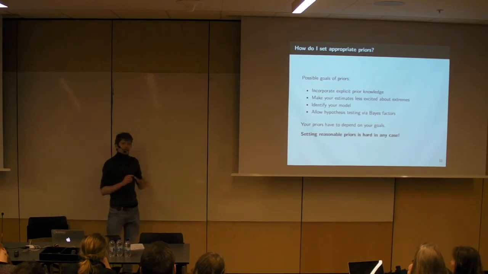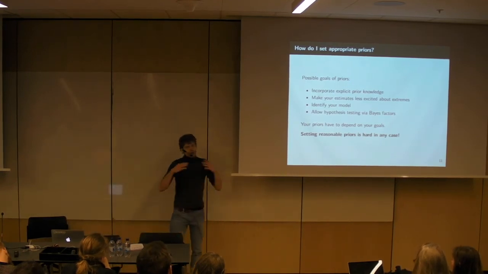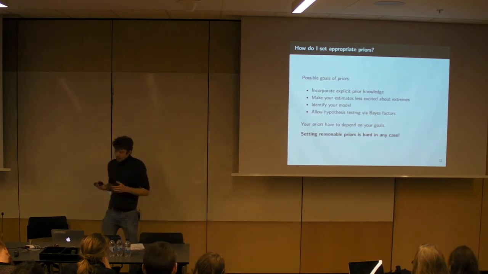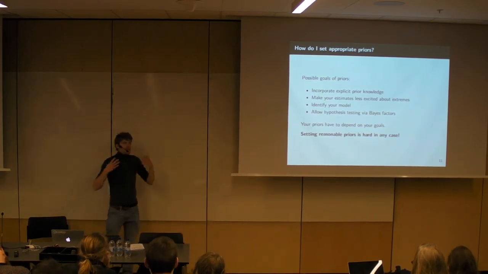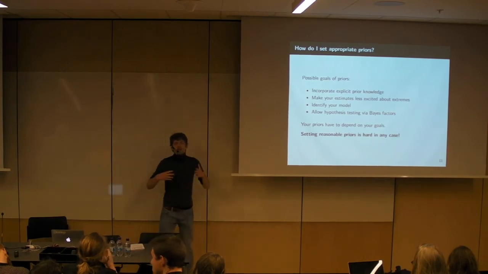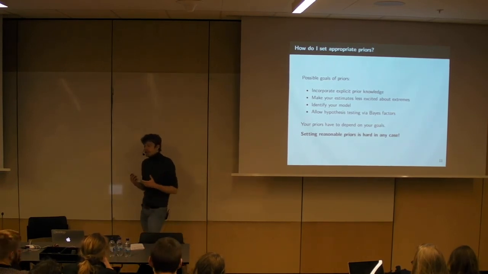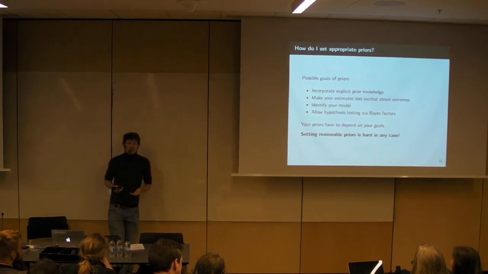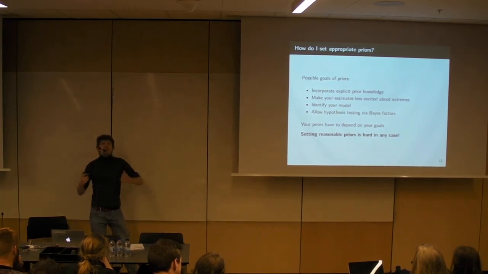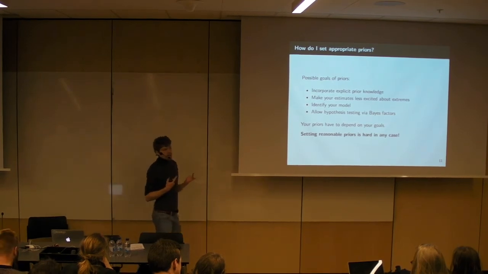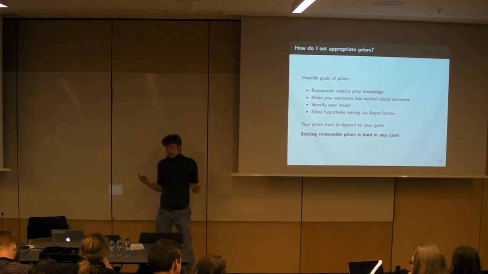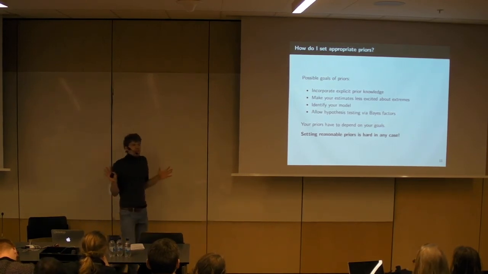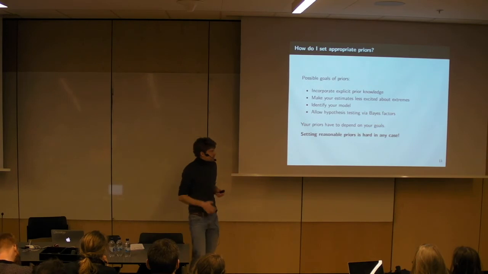And in any case, setting reasonable priors is hard. We can always go for very, very wide priors. That's what I'm, for instance, using in brms. That is at least something that will usually work in most cases, but it's not ideal, because usually we have prior information. Usually we want to prevent our model from overfitting and stuff like that. So usually we will want to use informative priors, but to make something very general in a software package, the priors are pretty wide so that we don't mess up something accidentally.